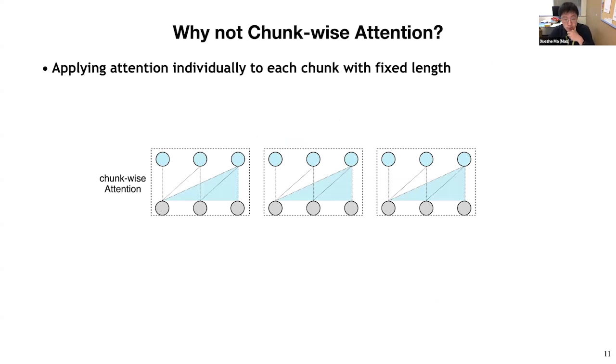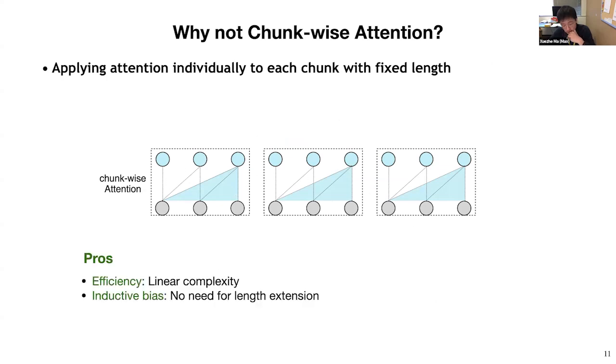And so with the two major problems of transformer on long context modeling, we want to ask a quick question. If we can split the full attention into chunks, and we only compute attention within each chunk, then we can essentially resolve the two big problems. First, because we only compute attention within each chunk, the complexity just becomes linear and it is efficient.